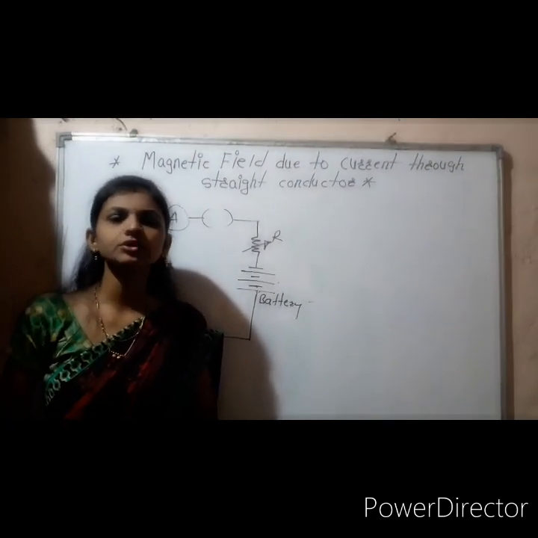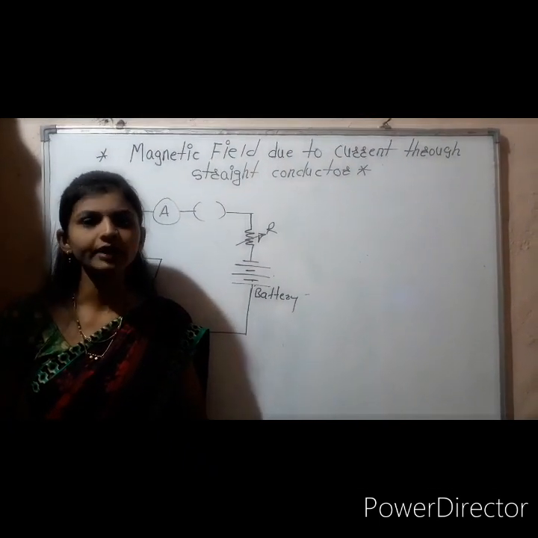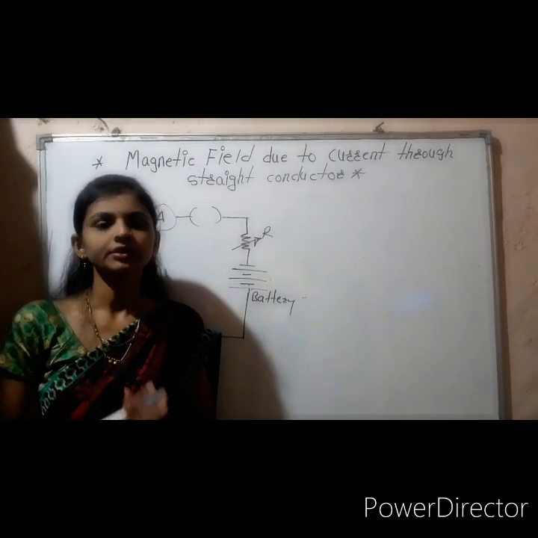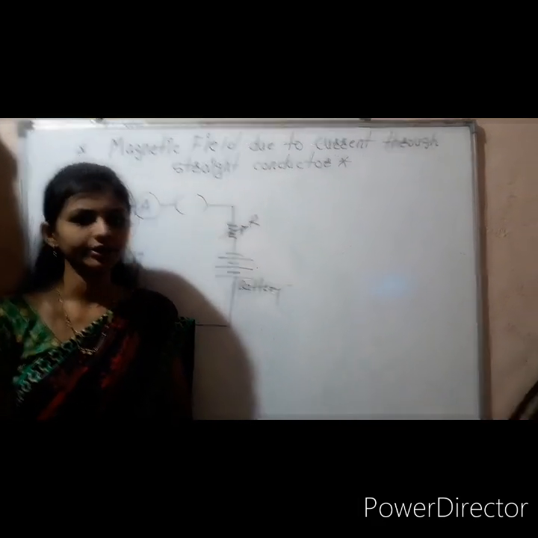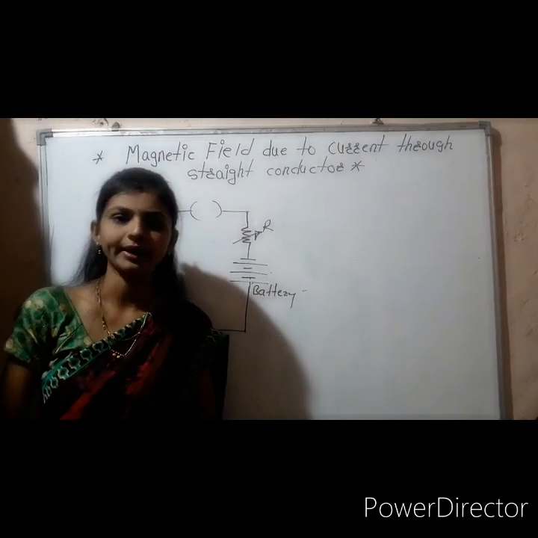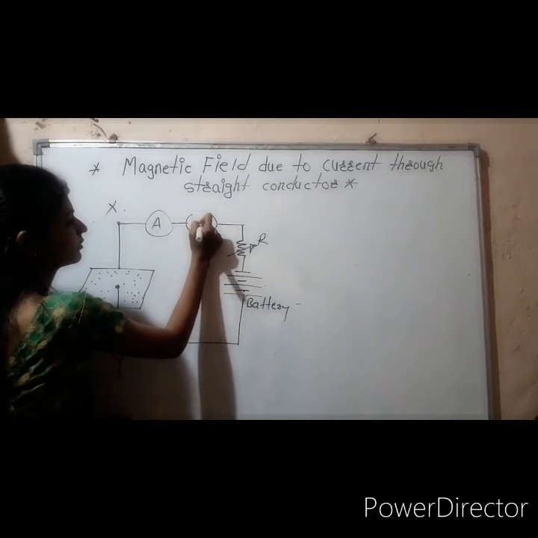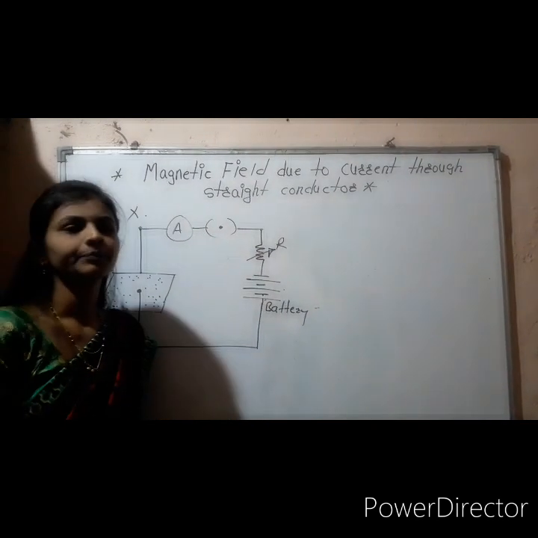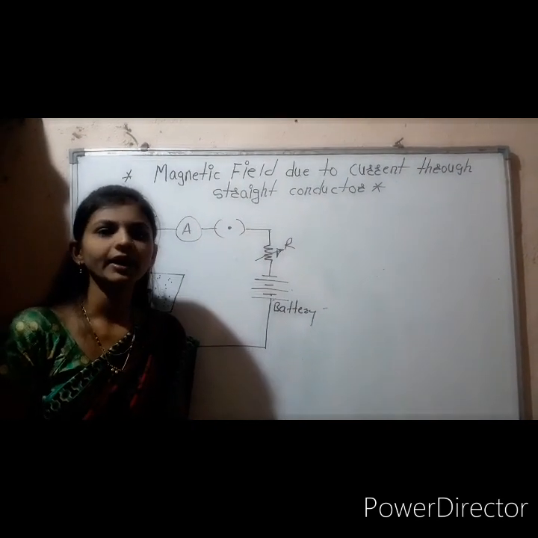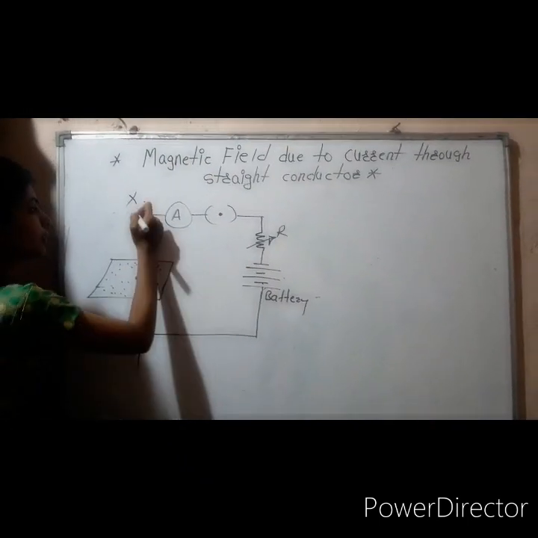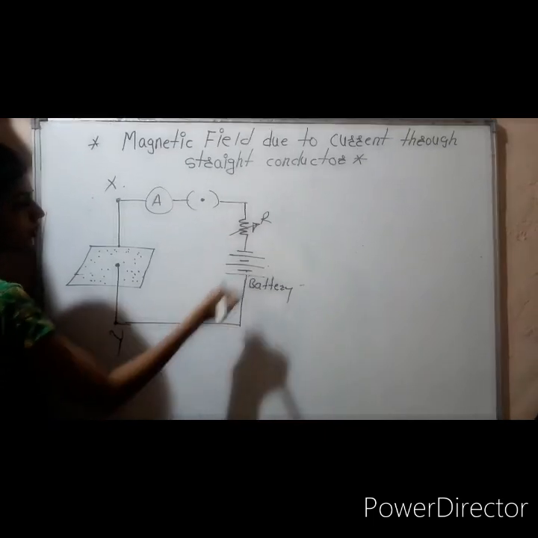As per the Oersted experiment, we already proved that whenever the current is not flowing through the circuit, at that time there is no magnetic field around the conductor. Okay, no electricity, no magnetic field. Now we are going to switch on the electric supply. After switching on the electric supply, we can see that electric current is flowing through points X and Y and throughout the circuit.